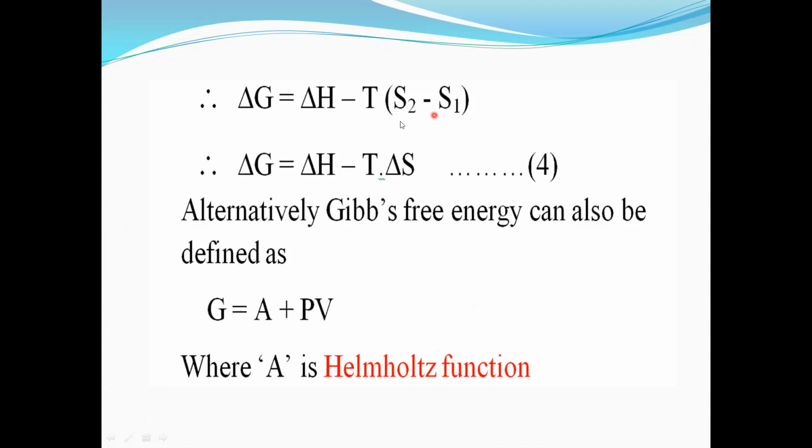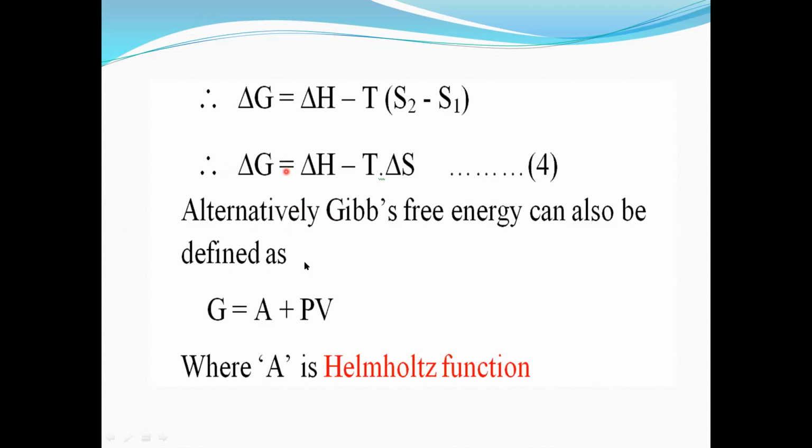for this S2 minus S1, what can you write? We can write delta S. So instead of this we can write delta S, the change in entropy. Therefore delta G is equal to delta H minus T into delta S. This is the alternative expression for Gibbs free energy. Now alternatively, Gibbs free energy can also be defined as, so this is the one definition